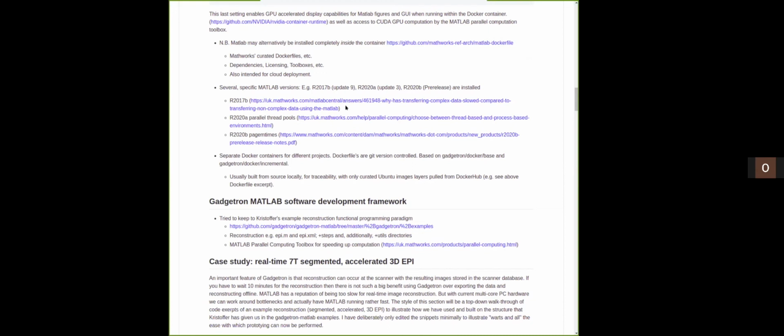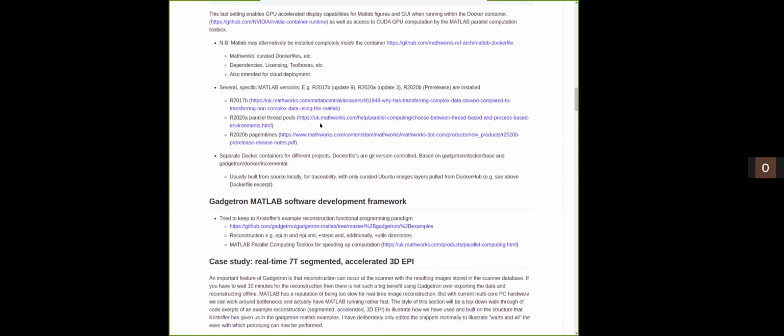So 2017B is great. Anything after that, it turns out to be very slow transferring complex data into parallel computing workers or using the MATLAB Engine API. So beware, either stick with 17B or